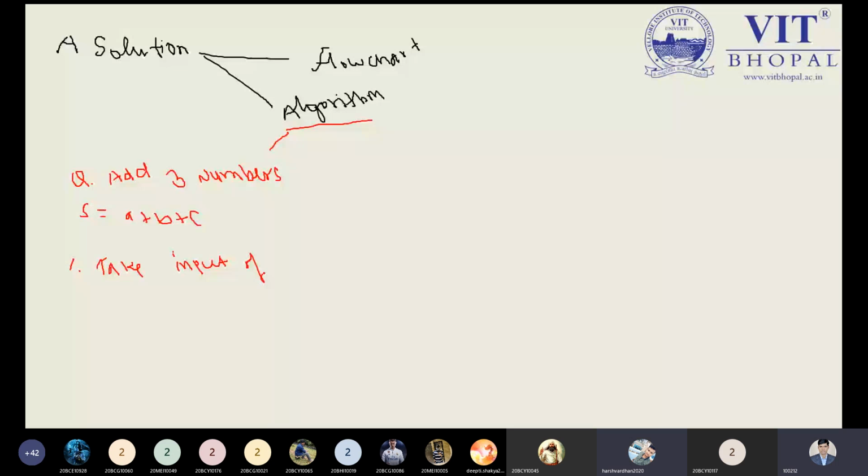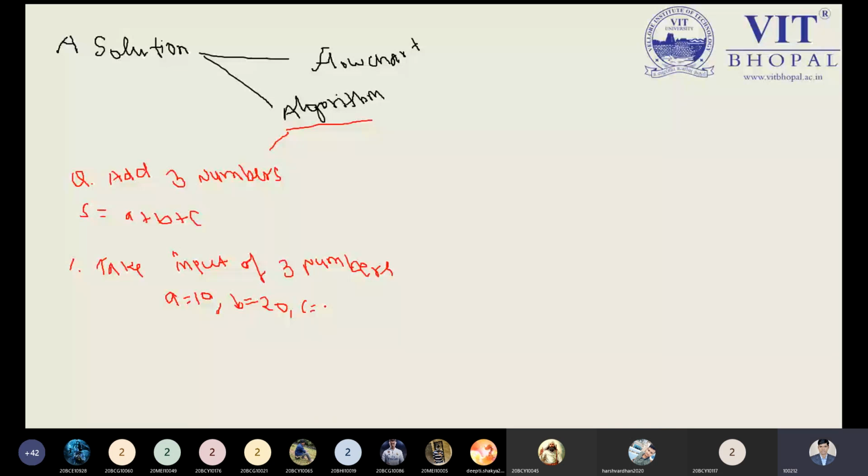I'm not going through the bookish concept. I always believe in the actual concept, and that should be easy for the students as well. So first, I need to take the input of the three numbers. Whatever I have taken, it could be like, I'm writing an example over here, a is equal to 10, b is equal to 20. Suppose it could be anything, integer or non-integer value. Integer or real value, actually, non-integer I can say.